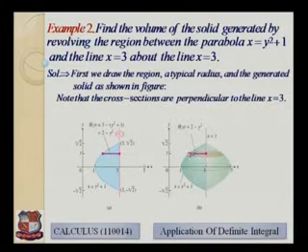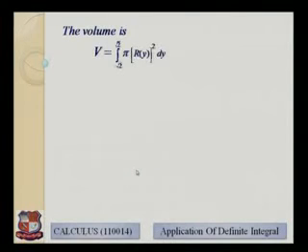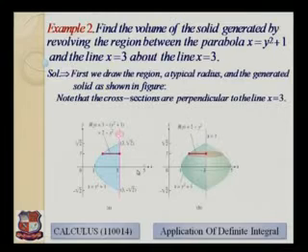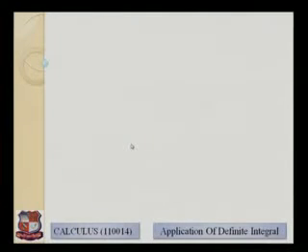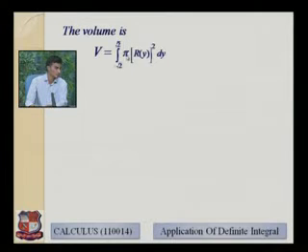radius of this disk. So let us integrate it, and here you can see that the interval of integration will be minus root 2 to root 2, as in the figure you can see that these will be the points, ordinates of the y axis on which our region is bounded. So this will be the interval of integration, minus root 2 to root 2. So the required volume is the integral from minus root 2 to root 2 of pi r of y whole square dy. Here we will integrate with respect to y.